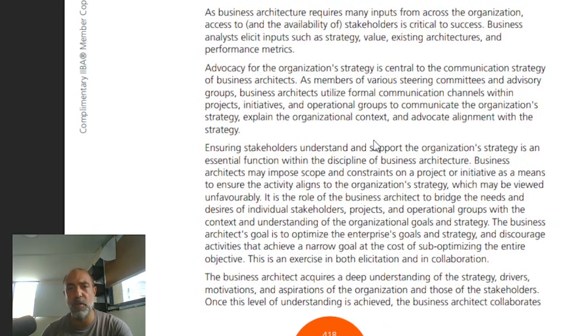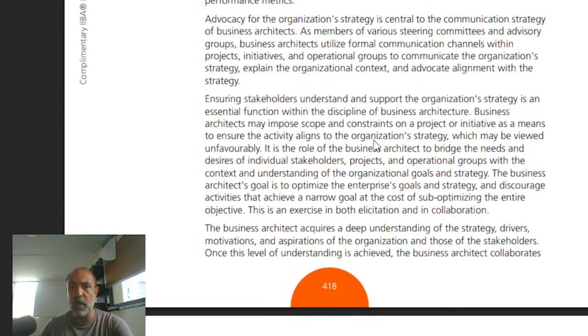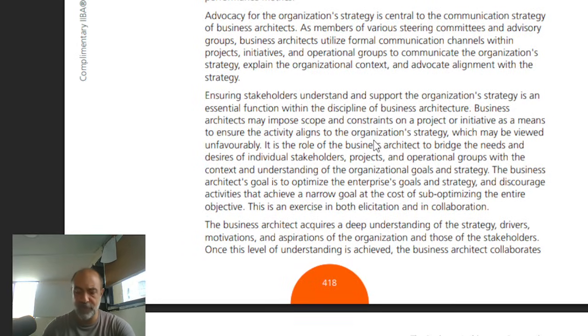So because it requires many inputs, stakeholders are critical to success. And business analysts have to elicit that, and they have to be able to balance the outside world, the inside world, and the market on its own. They also have to make sure that the strategy is central to the communication with the business architects. And develop the different approaches to make sure that if something changes with the people that are in charge,